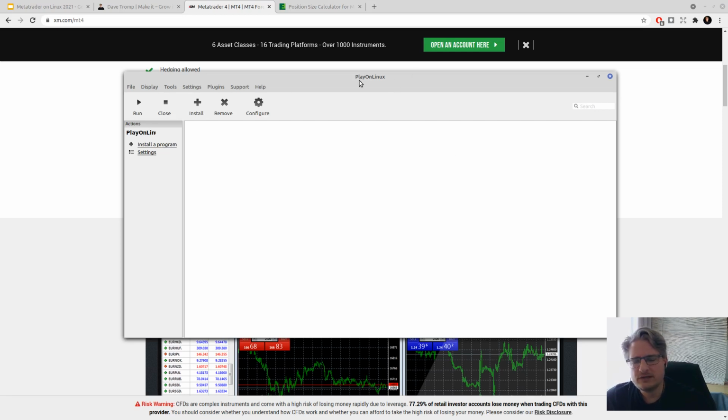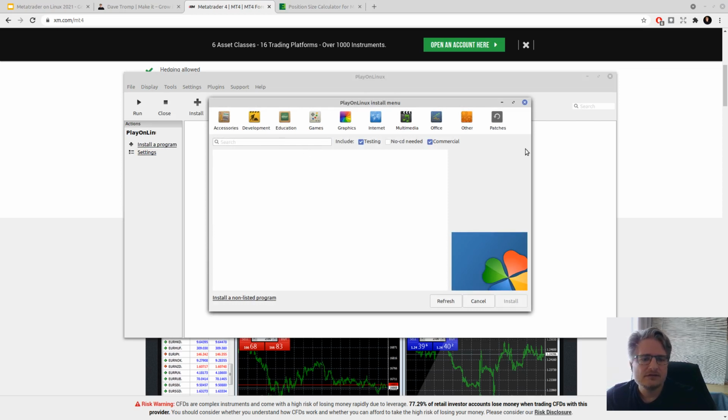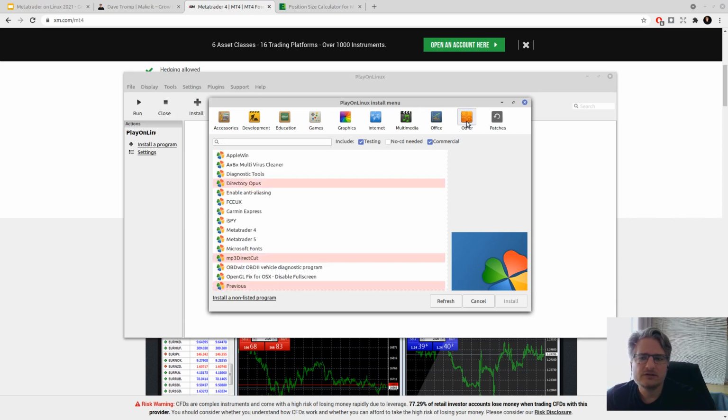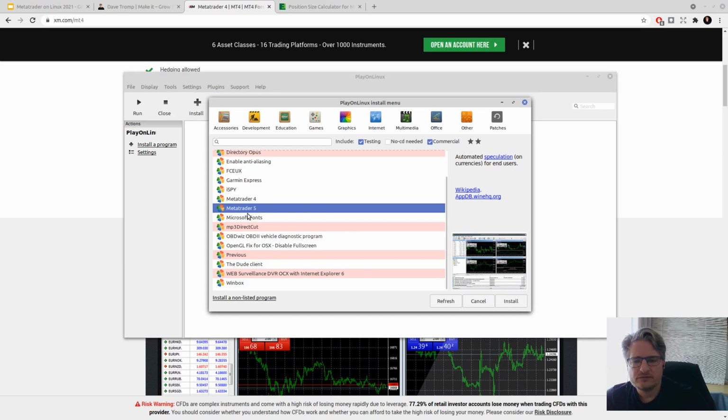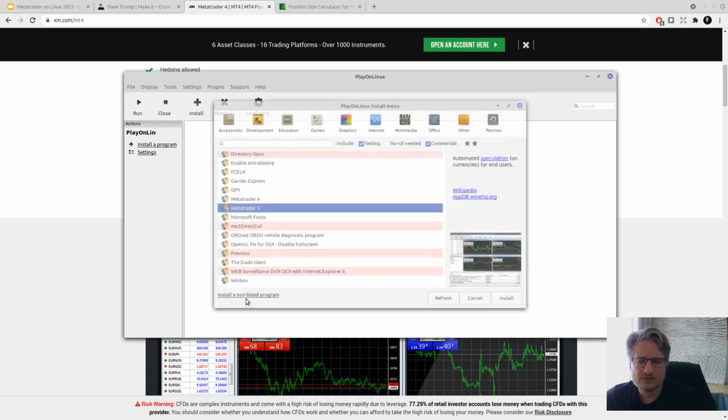So you can install Play on Linux on your machine just by going to your software center and looking up Play on Linux and installing it the usual way. Then once you have it open, just click on install a program, and then here you can see some scripts that are preset. So if you go to other, then here you can see also Metatrader 4 and Metatrader 5. These are scripts that will install Metatrader 4 and 5 by downloading the MetaQuotes Metatrader. But what we want to do is install from a specific broker, so we're going to install a non-listed program,